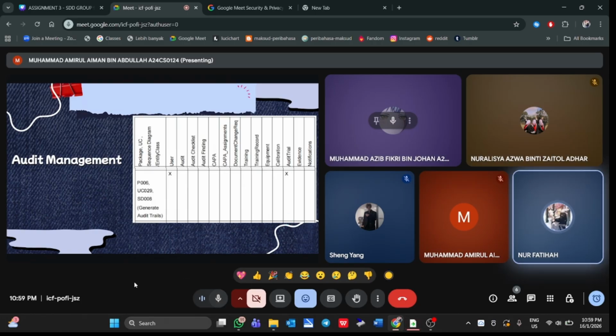So next, I'm responsible for audit management. This module covers three main use cases: conduct audit, record audit finding, and submit audit report, which are all integrated into one sequence diagram. For the entity involvement matrix here, the ones involved are user, audit, audit checklist, audit finding, evidence, CAPA, audit trail, and notification. Entities such as training, equipment, calibration, and document change requests are not involved in this module because we want it to be focused and not over-engineered. So for next,